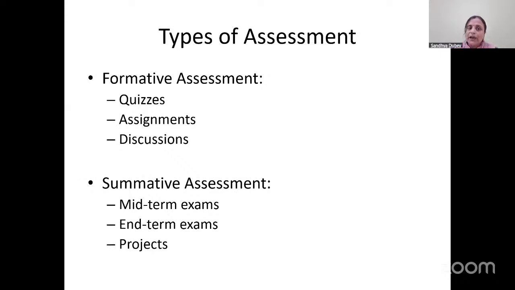Keeping these things in mind, NEP 2020 came into the picture, where they say that instead of having only summative assessment, go for continuous assessment. Continuous assessment means we are integrating formative assessment and summative assessment. Depending upon your university or educational institute, they will say that 60% of the lab should be continuous evaluation, 40% end-term evaluation. And again, we should not give the same program they have run in the regular lab. You give a scenario-based problem statement and then ask them to get the solution.